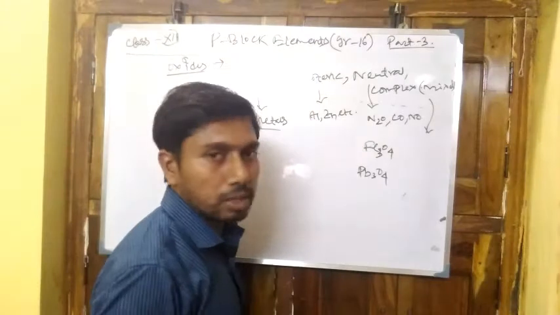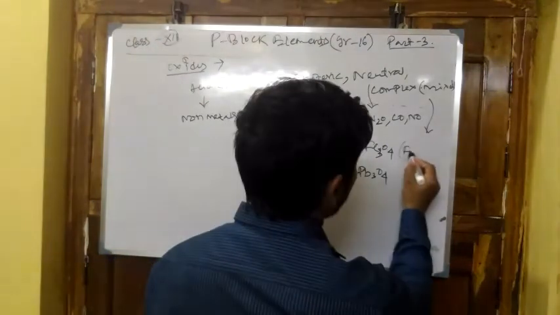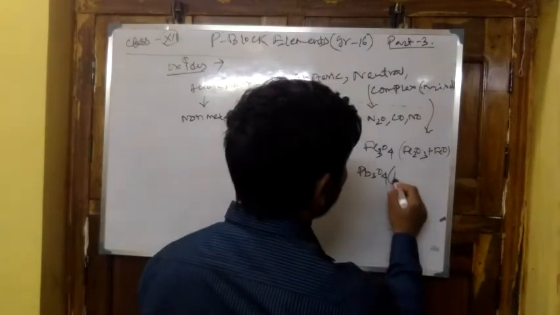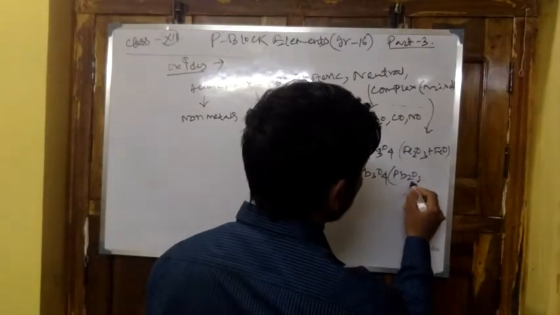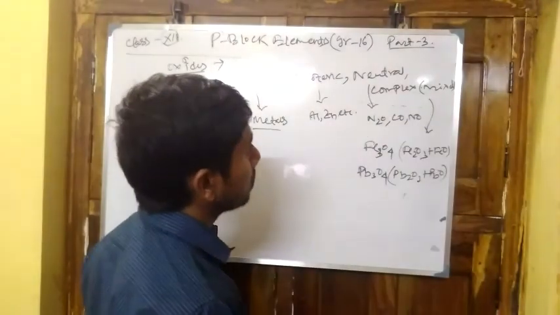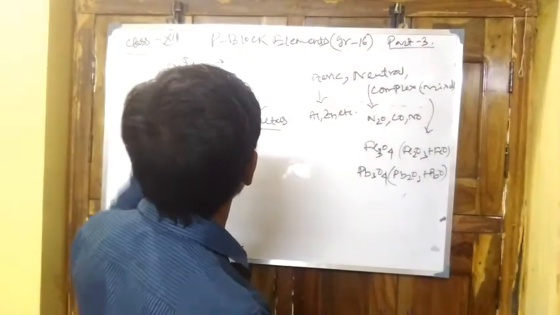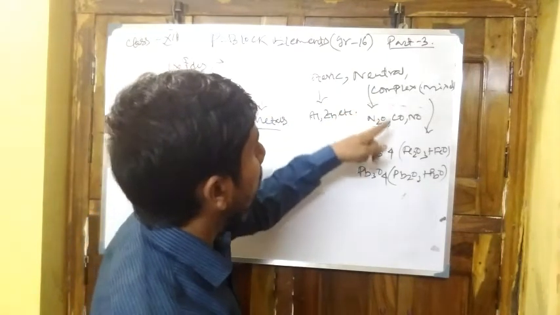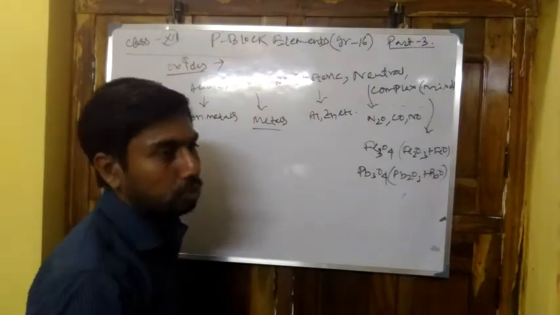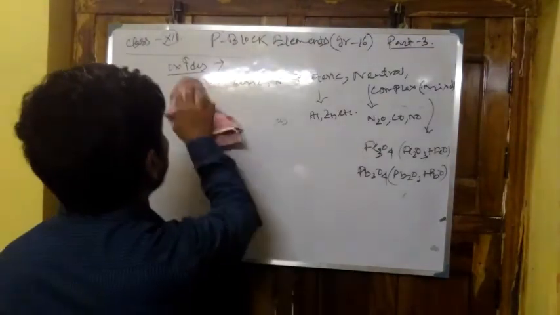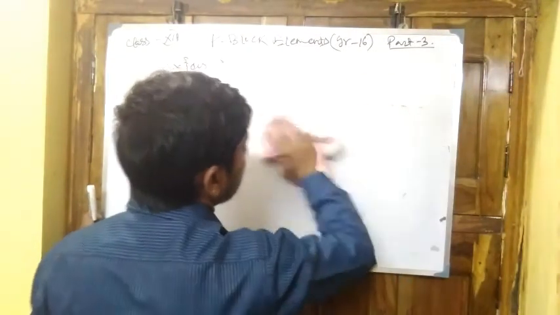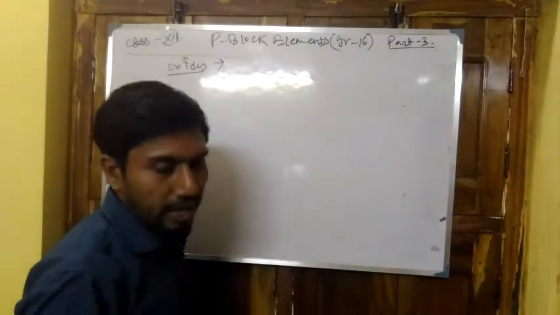Why are these complex? Because here we get the combination of Fe2O3 plus FeO, and here Pb2O3 plus PbO, and for this reason it is known as a complex or mixed oxide. So acidic, basic, amphoteric, neutral, and mixed oxide, these are the types of oxide. Now come to the reactions. Why is this called an acidic oxide? Because it reacts with water to produce an acid.